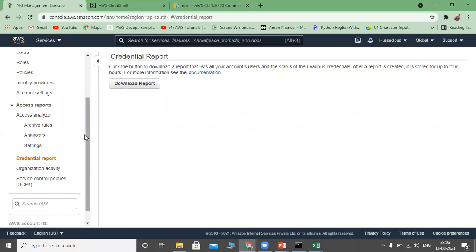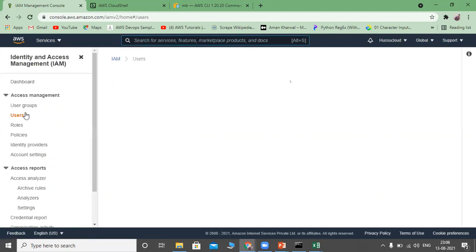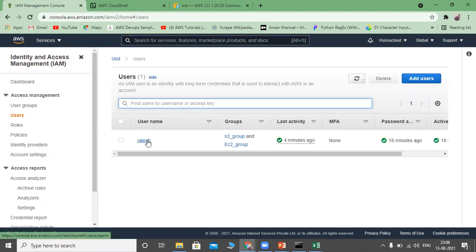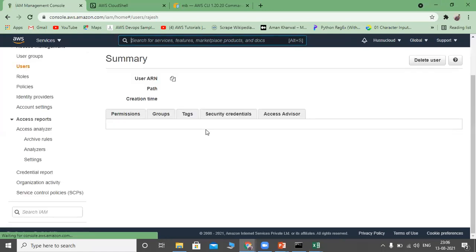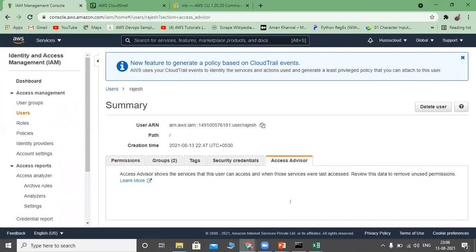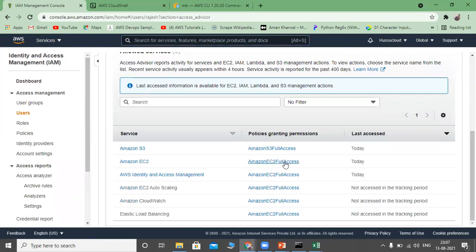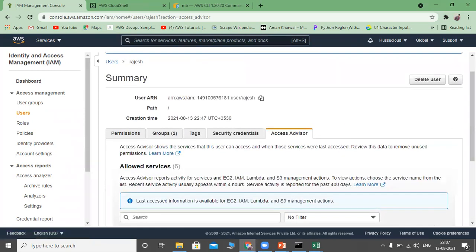And then you can go to a particular user. You come to know what we have given, S3 full access to this user. Is he utilizing S3 full access properly or not? We can see here. Click this user, and we have given S3 full access and EC2 full access to this user. If you go to Access Advisor, you come to know whether all the resources are effectively utilized or not. See, Amazon S3 full access, accessed, but EC2 access not accessed. You can audit here. For auditing purposes, go to the user and go to Access Advisor.